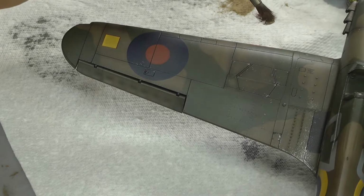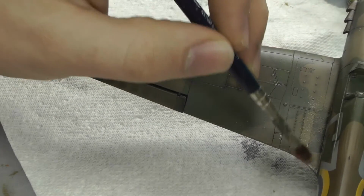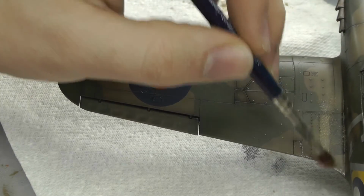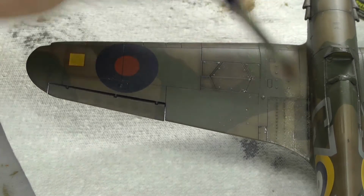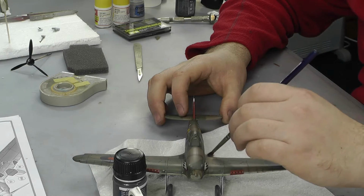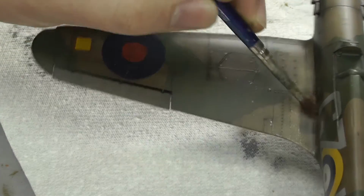With a bit on our paintbrush now, we want to dab this down in and around the area we want. I'm thinking about where it's all getting in there and climbing up, where all this chipping is. If you thought it was a little bit too intense, we are knocking this back now, and we just want to lightly